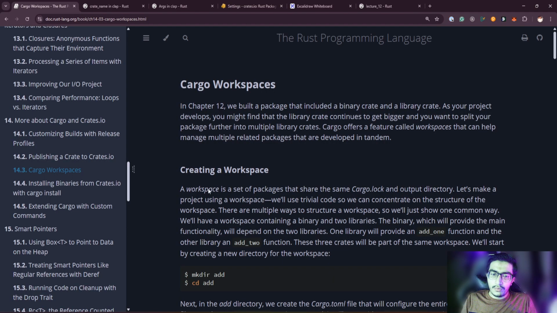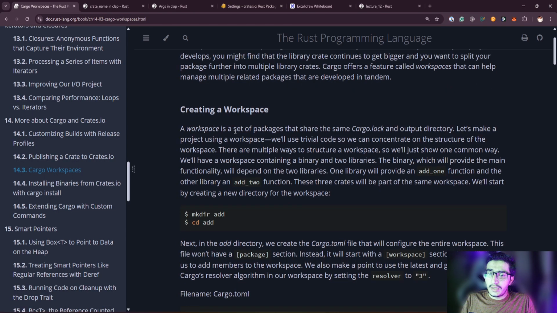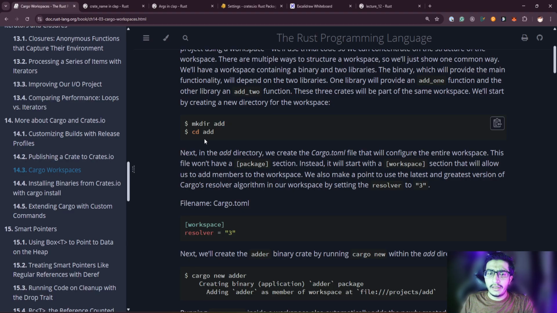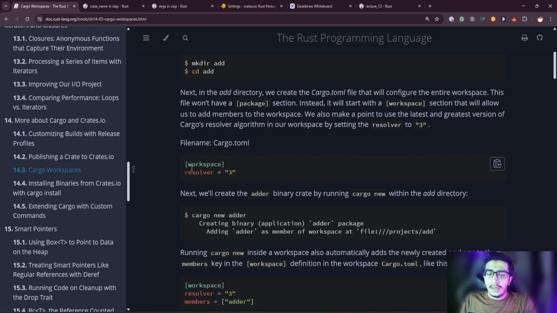bigger projects. A workspace is a set of packages that share the same Cargo.lock file and output directory. Let's make a project. So we have a single Cargo.lock file in the root directory, and the other crates will use that same Cargo.lock file in their respective crates. They have created a directory named add. To create a workspace, add this into the directory. We create the Cargo.toml that will configure